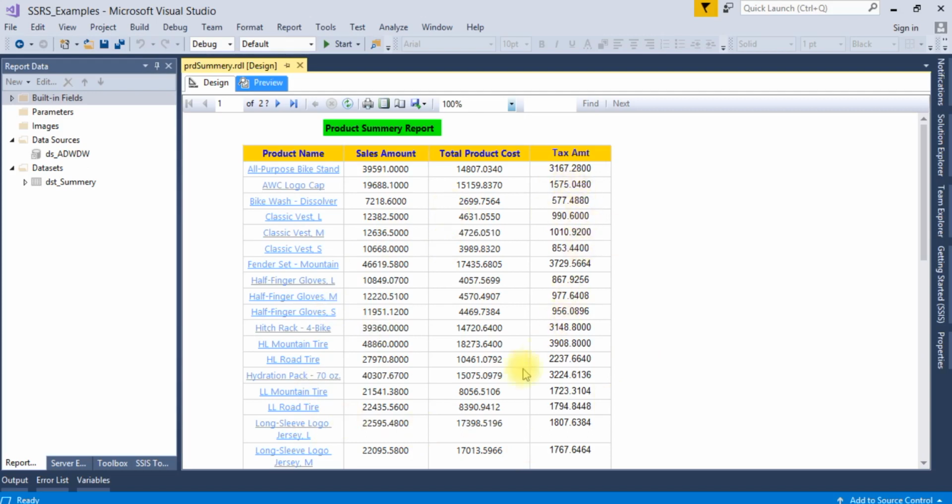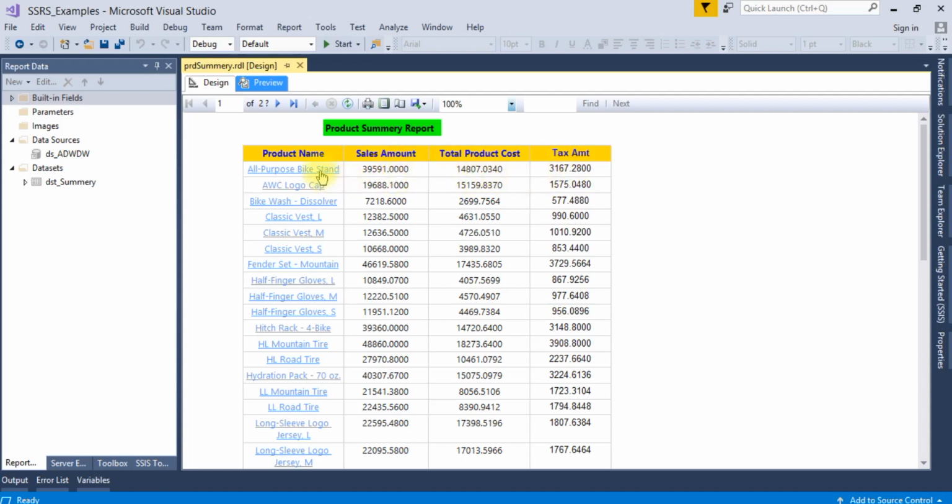If you see here, it is the original summary report and the links are present here. The data in the drill-through report is not retrieved until the user clicks on the link. For a particular product name, the summary shows sales amount, total product cost, and tax amount.